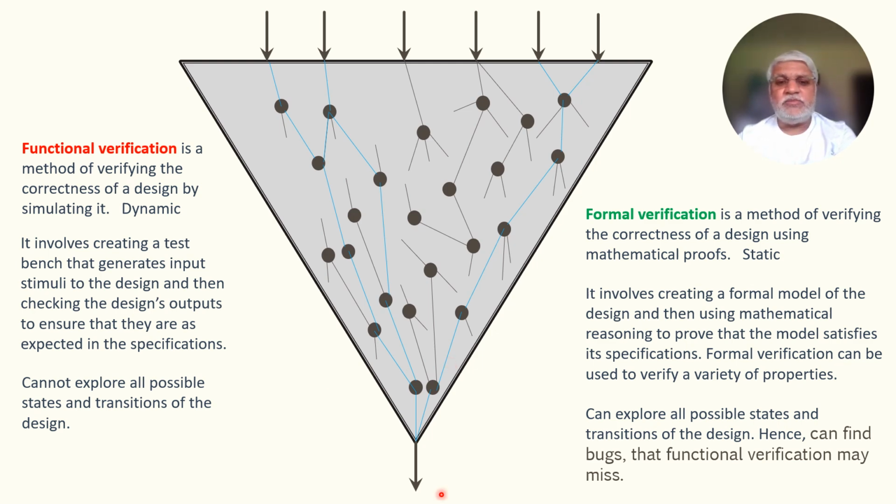So it will go from bottom all the way up to the primary inputs. That's how the formal verification will go. The method of evaluating these mathematical equations and modeling will all happen in that way. Hence, it will be able to figure out all the possible ways by which the